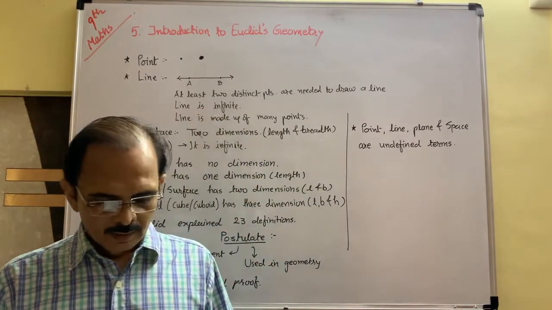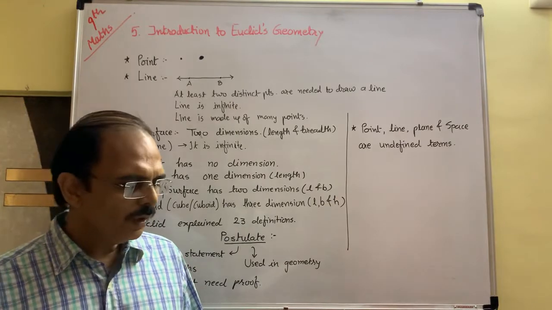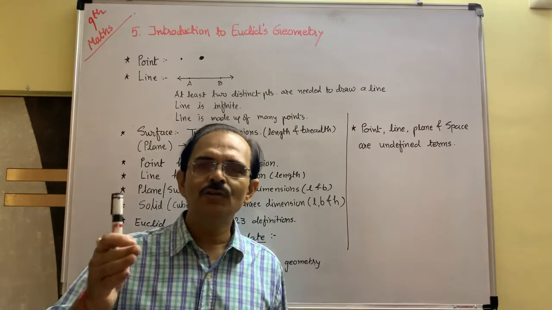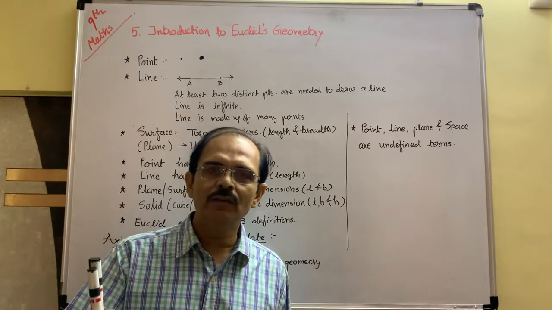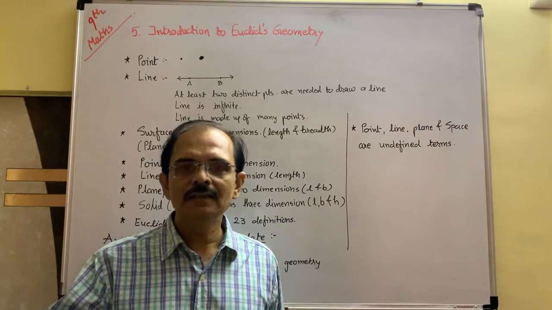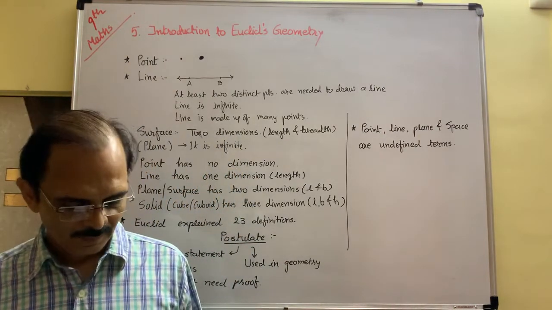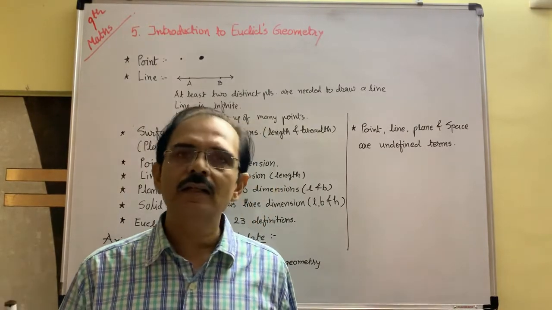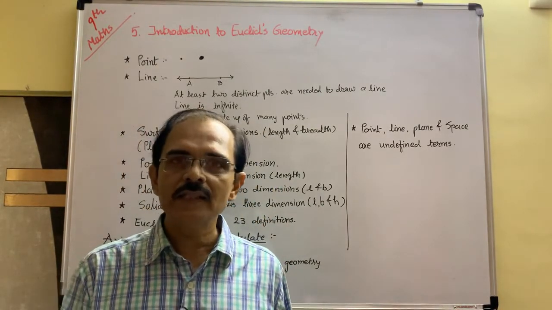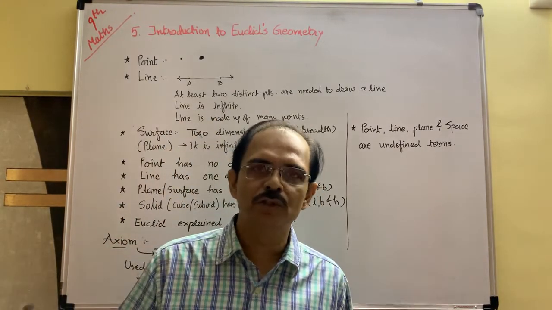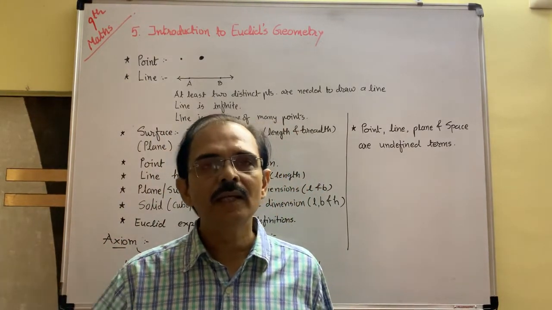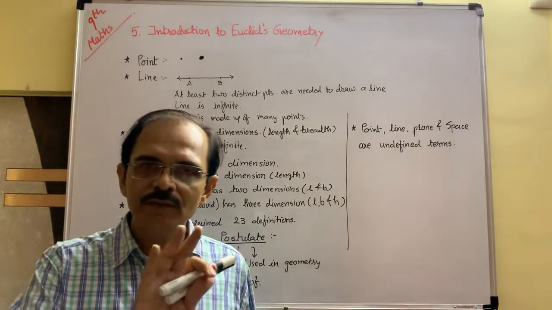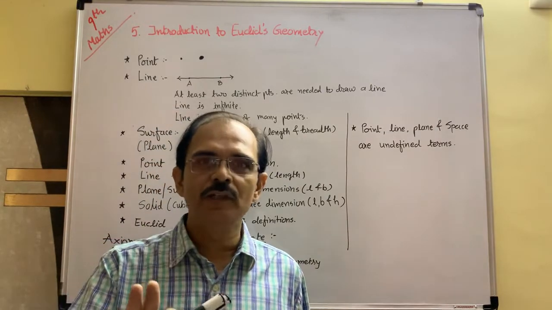Okay? Second, if equals are added to equals, the wholes are equal. If 2 is added to 2, equals are added to equals. Equal means integer, then the answer is also an integer. If equals are subtracted from equals, the remainders are equal. Remainder here does not mean division remainder. Remainder means the leftover portion. If you subtract, then what remains? 5 minus 2, 3. The remaining is 3. Here there is no division. Try to understand the language. Okay?